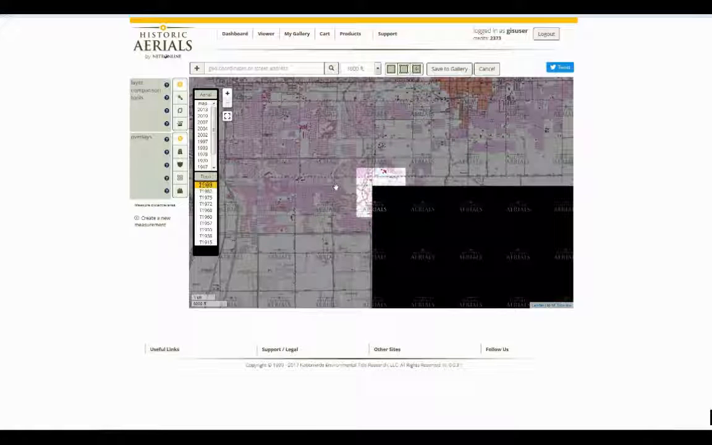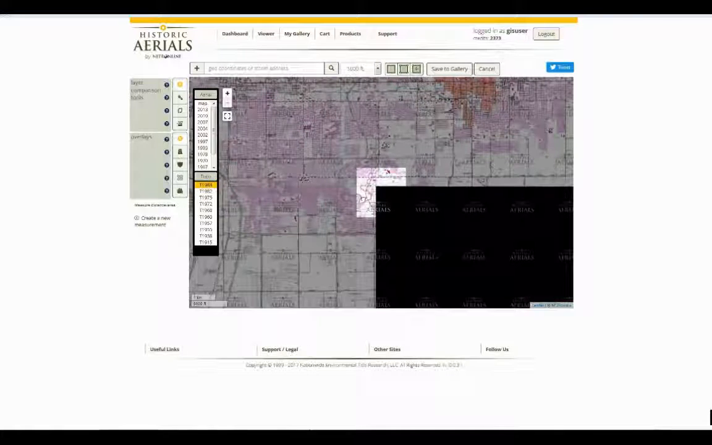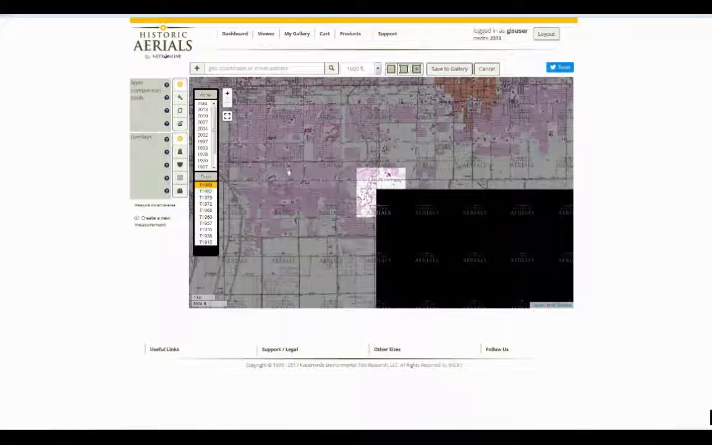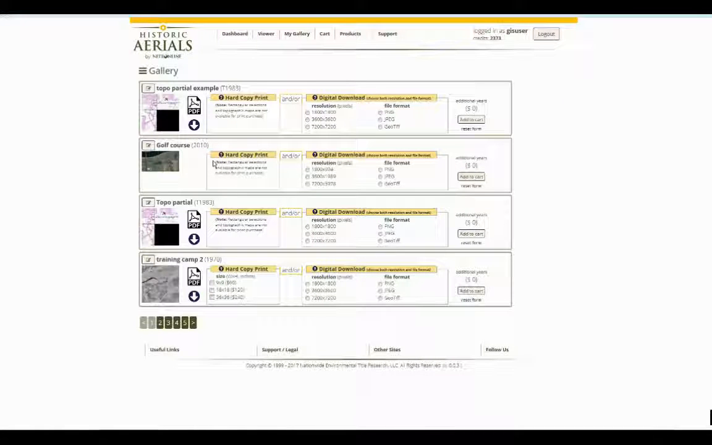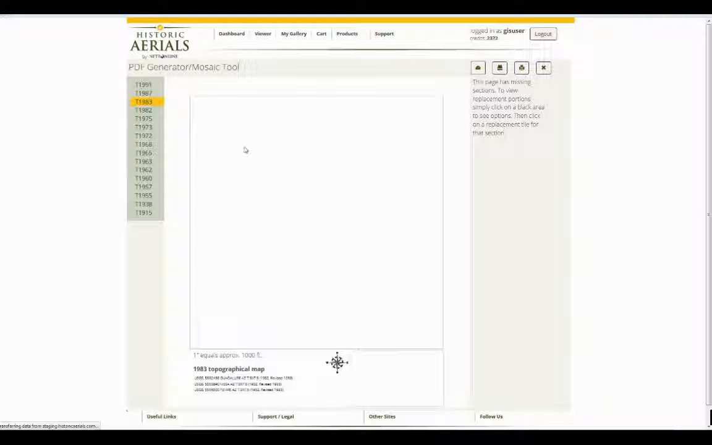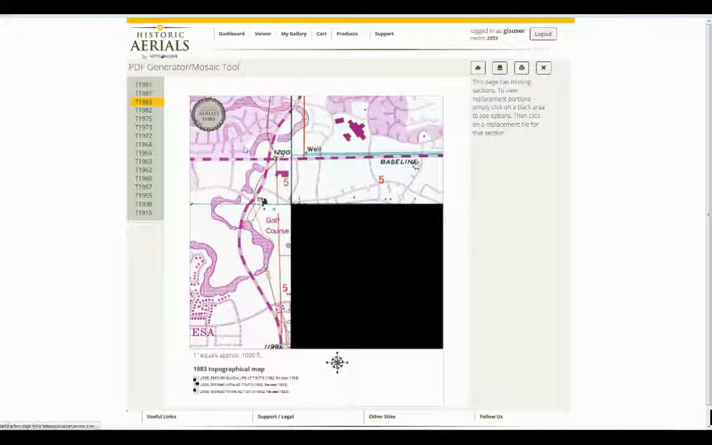so they don't show up at the same time. We have a solution for that in the subscriptions, and you can go in here and save this to the gallery. We'll save this as a topo partial example. And you go in here, and just like with the aerials, you click on the PDF builder. And when you get into the PDF builder, it will tell you that there's missing sections,